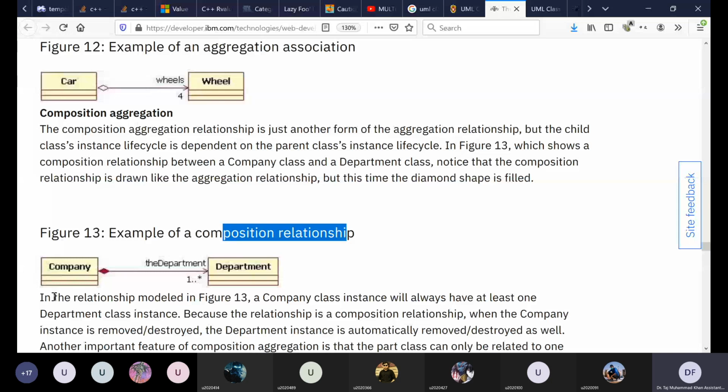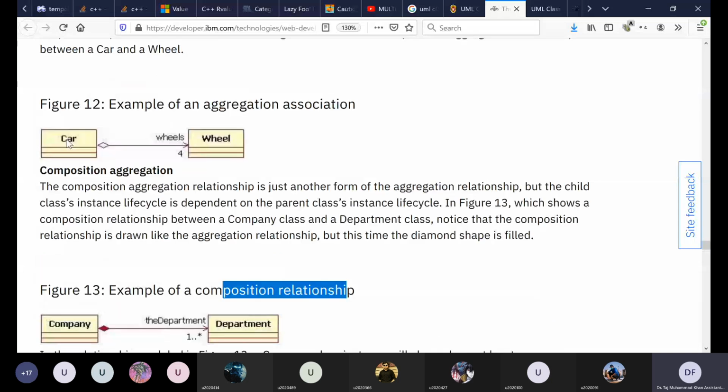Aggregation also has a relationship, but in the case of aggregation, the lifetime of the part does not depend on the lifetime of the car. A car has wheels, but it might happen that a car gets destroyed and the wheels still survive, and they might become part of another car. So the lifetime of the wheel object is not always associated with the lifetime of the car object.